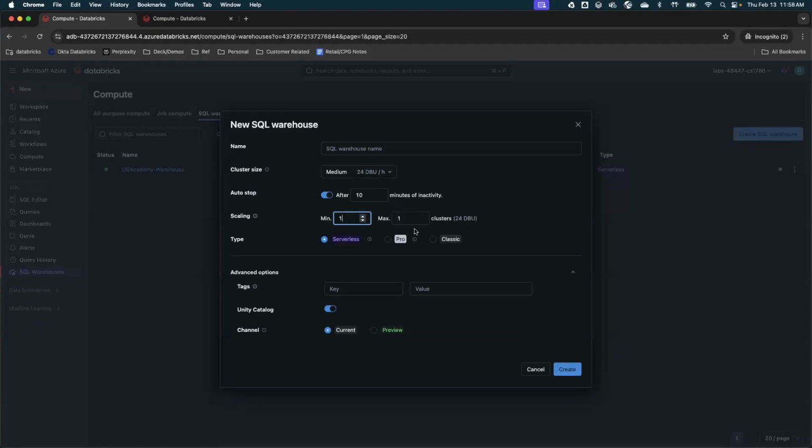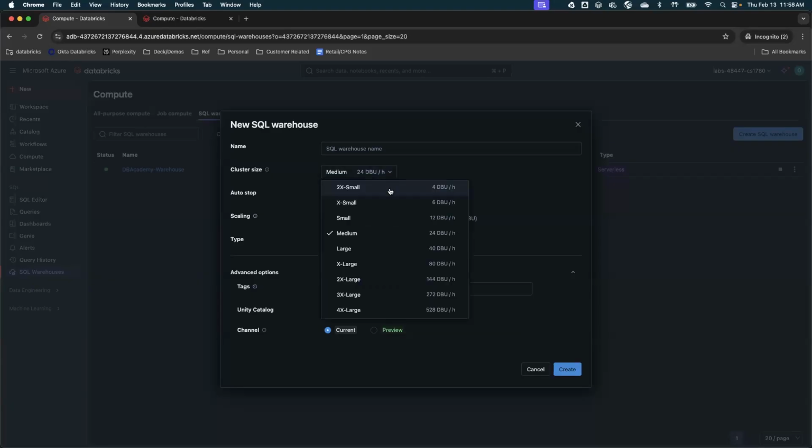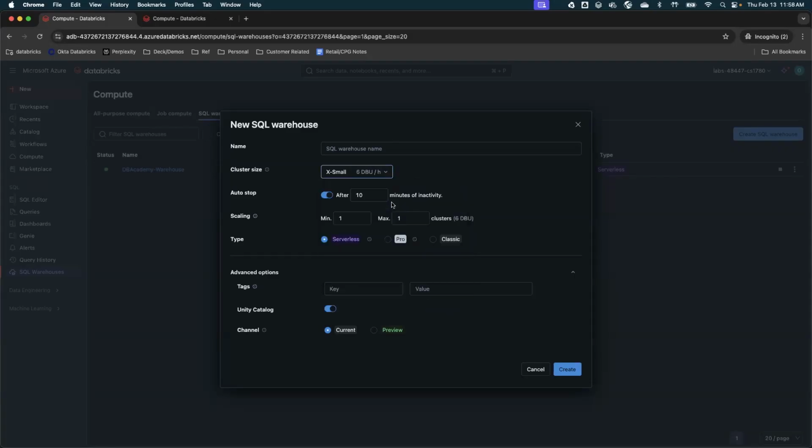Imagine if you have only one cluster which is very small, and you are trying to run a large query. Let's say instead of medium we have extra small, which is very small compute power. And you are using the same cluster for all the BI users to access queries.